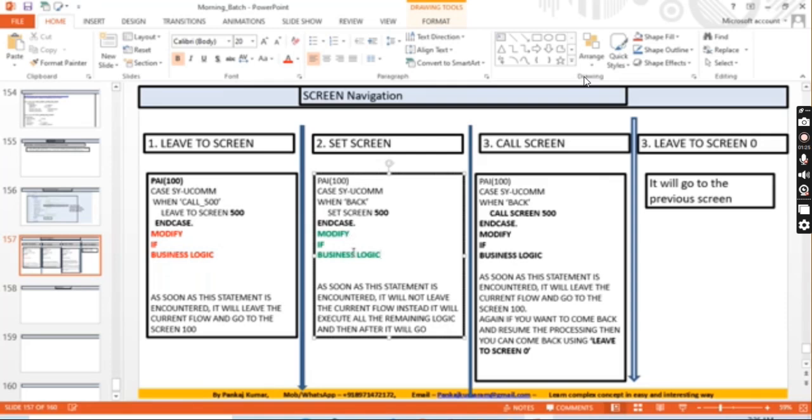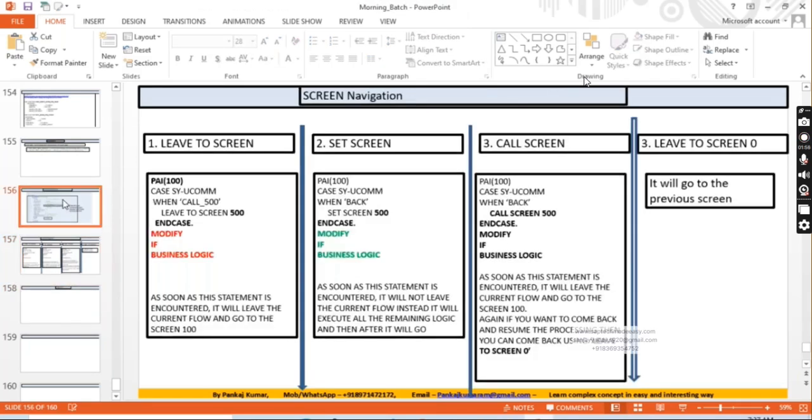You will be able to do. And if you are feeling any problem, then you can just tell me. I will help you to complete this one. So fine.